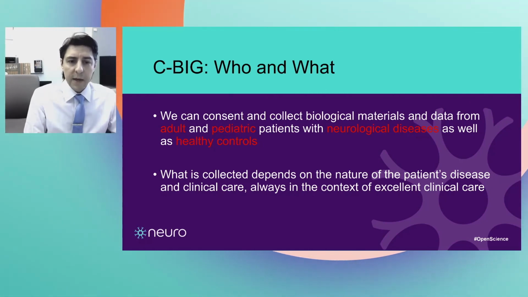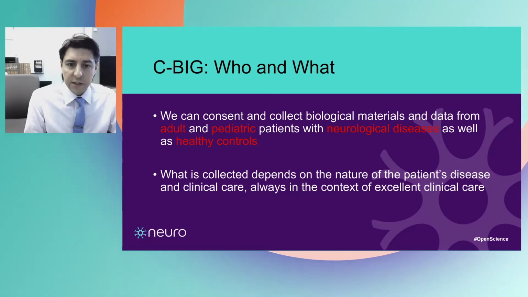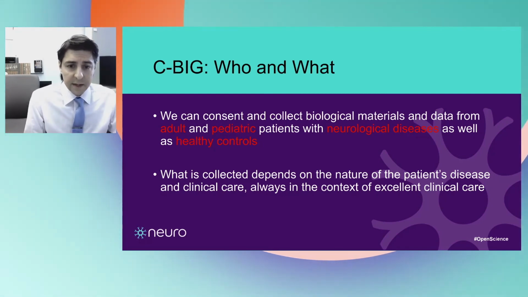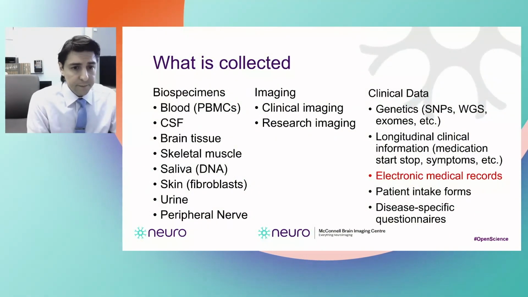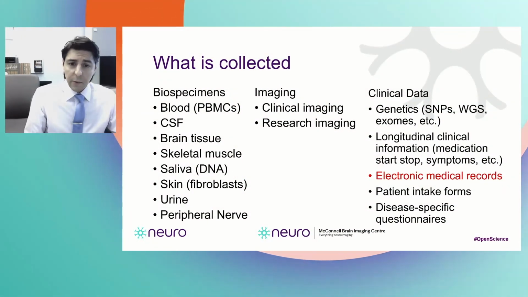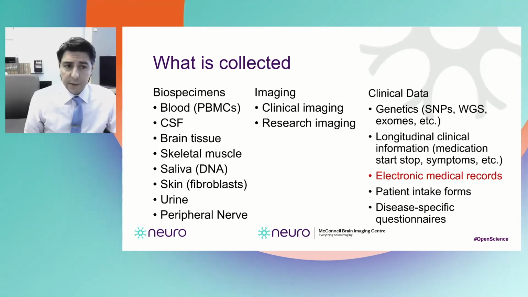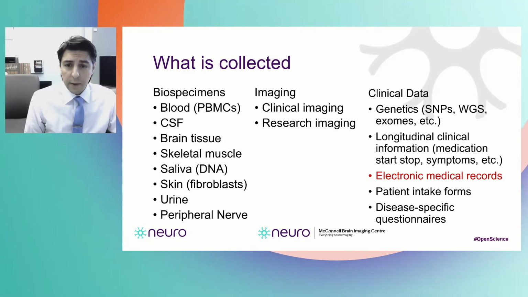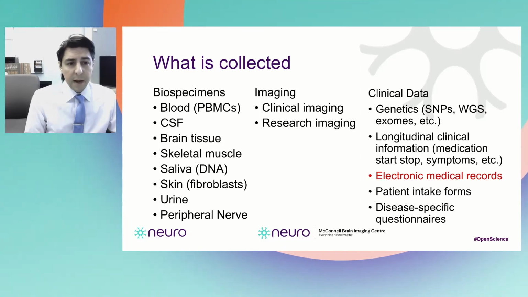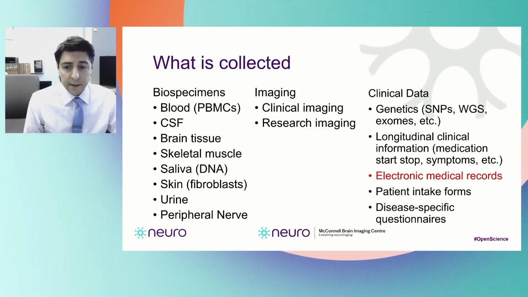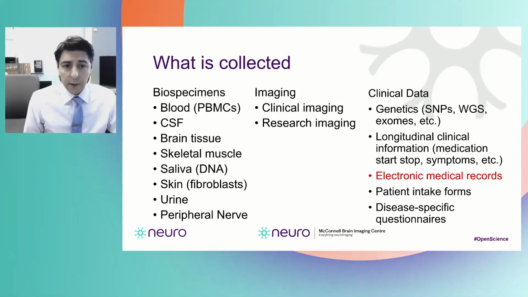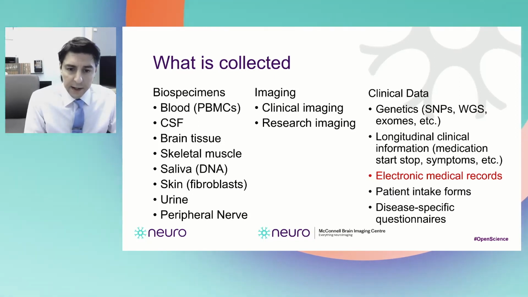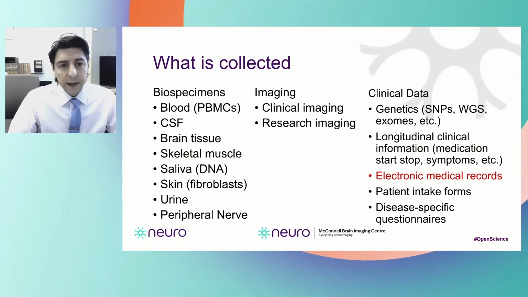And of course, what we collect will depend on the nature of the patient's disease, and everything we collect is done with the appropriate clinical standards. So as I said, we collect a wide array of biospecimens, including blood, cerebrospinal fluid, brain tissue, skeletal muscle, saliva, skin, urine, and peripheral nerve. Many of these tissues allow us to produce cell lines, and we're going to explore that in a little bit. So blood, skin fibroblasts, and urine can all produce cell lines